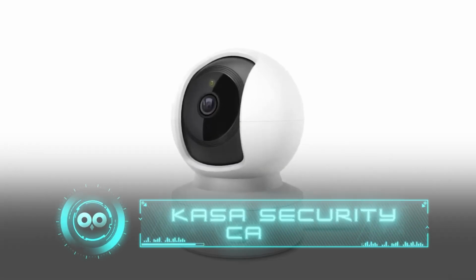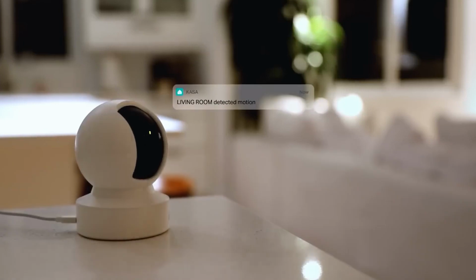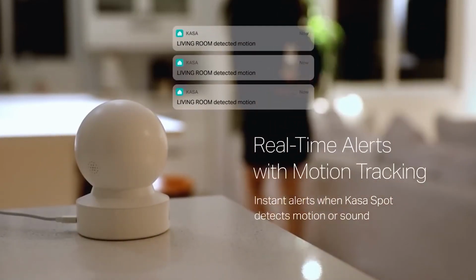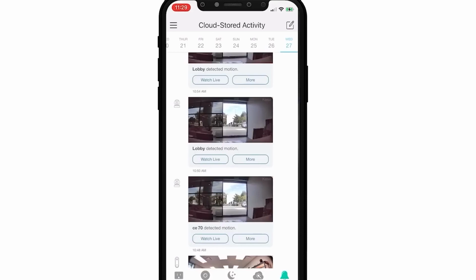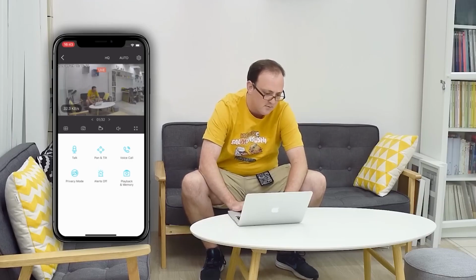The TP-Link Tapo Cam, your home's vigilant guardian. With a 130° wide-angle lens, night vision up to 25 feet, and two-way audio, every corner is under surveillance. Whether you're at home or away, control the cam with ease through the app or Amazon Alexa, accessing live streams